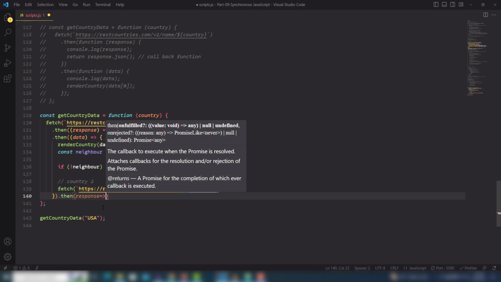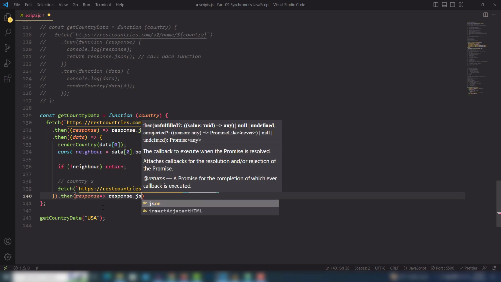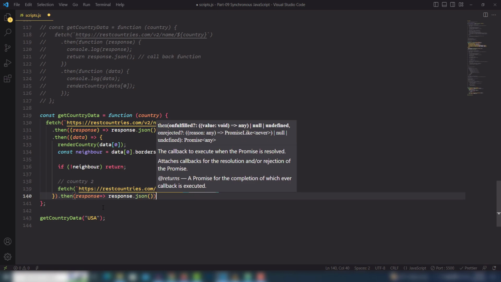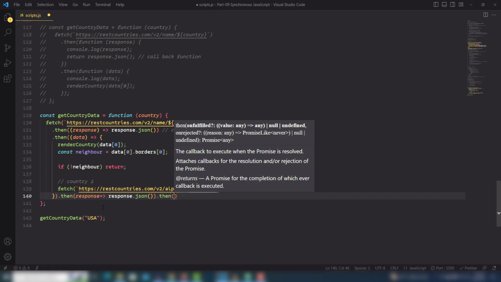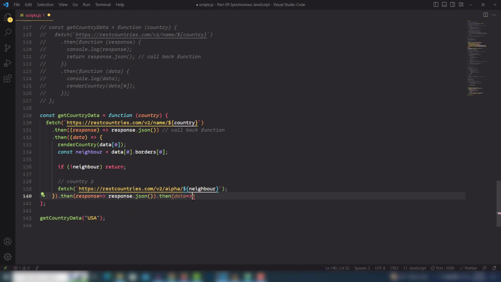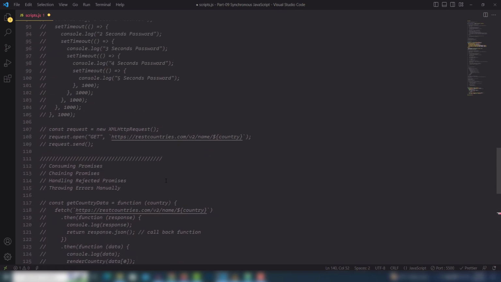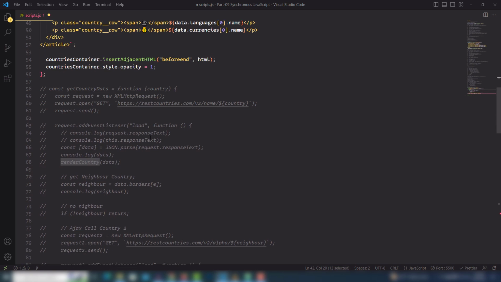This is my parameter that is used to convert the text into JSON format. Once you convert that, then once again you need to use then and pass a parameter like data. You can pass any parameter name you want inside this one or this one. After that, you need to call the particular country function. We made the function at the top of my page like that. So you need to get that